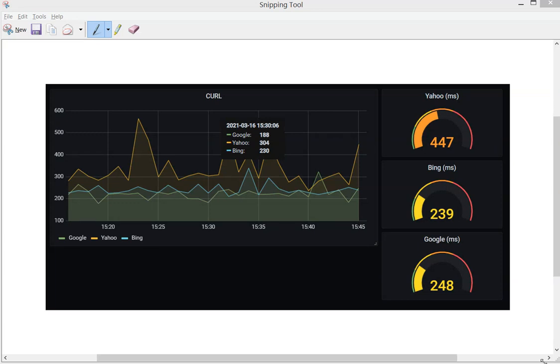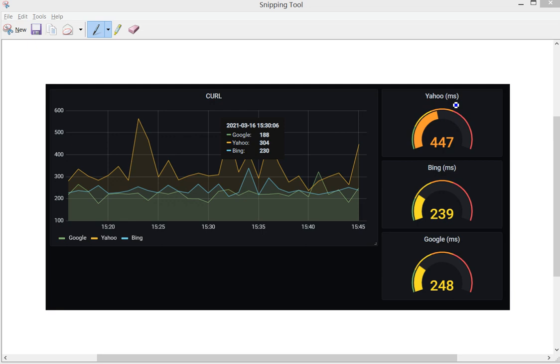Hello. In this video, I'm going to show you how to create your own network monitoring system using Linux, Cron, the command curl, InfluxDB to store the data, and Grafana to display the results of a page. This command is going to be able to execute recursively, and for this exercise, we want to be checking the milliseconds that it takes to load from a particular machine the Google web page, the Bing web page, and the Yahoo